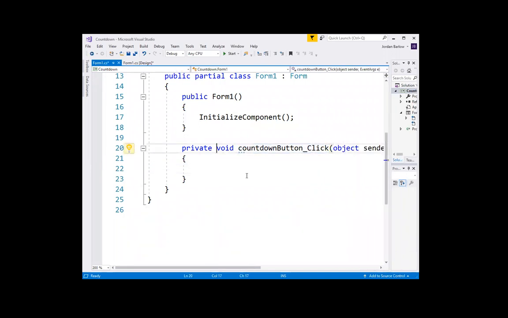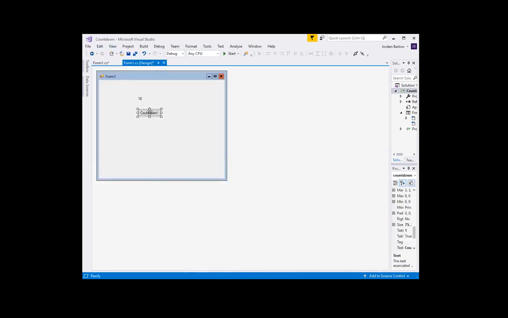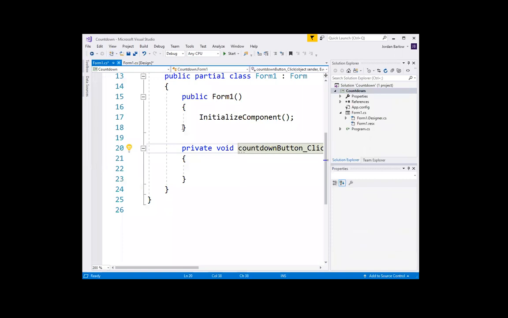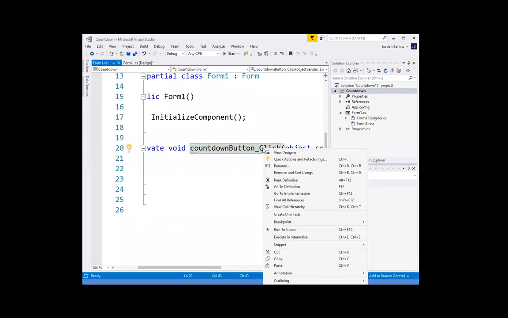Now I will note here, we changed the name of the button before we created the click method, which is best practice. If we happen to have created the method and then we go back and change the button name later, so let's say I wanted to change this, maybe I thought countdown button was too long, I just want it to be called CD button for countdown button. Now if I go back to my code, this is still called countdown button click method, which could get confusing. So what I'd want to do in this case is select it